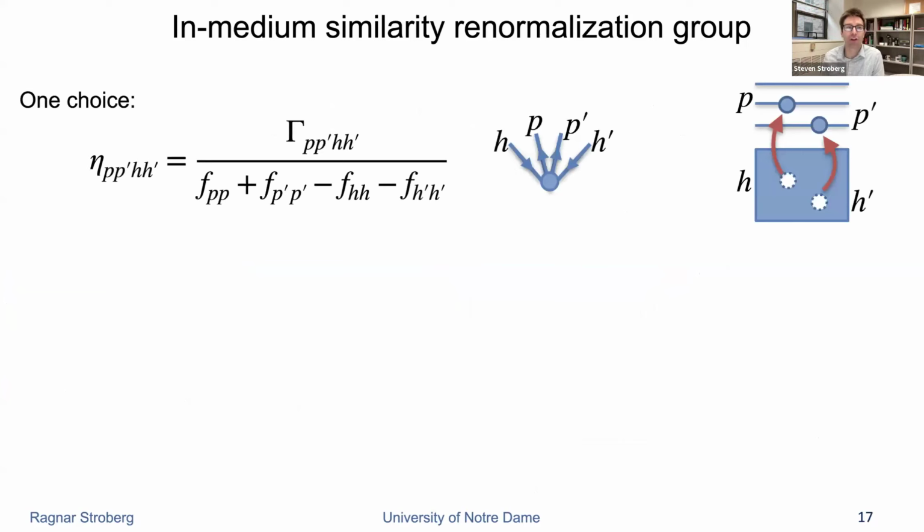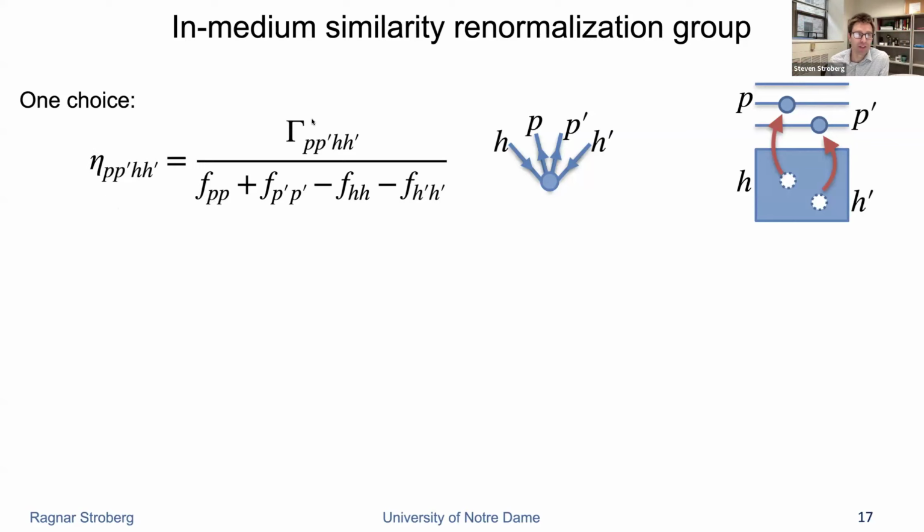Okay, so how do you actually choose this generator? One choice that's very convenient, if, for example, we wanted to suppress all of the configurations that lead to particle-hole excitations out of our simple reference so that we could just treat the simple reference. It's basically the extreme limit of this P space being just one configuration. We just want one configuration decoupled from everything else. We would choose our